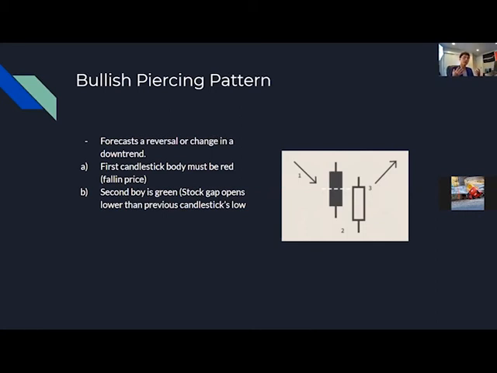You don't really have to interpret this in terms of words. That's why everyone loves candlestick graphs: you don't have to memorize which one has to be which. Not a lot of people have photographic memory, but you can recognize, oh, the second body, the green body, has a closing price at around the midsection. That's actually a very big indicator that there might be a reversal in price. So always be on the lookout for these.